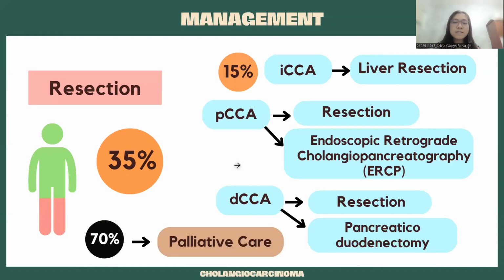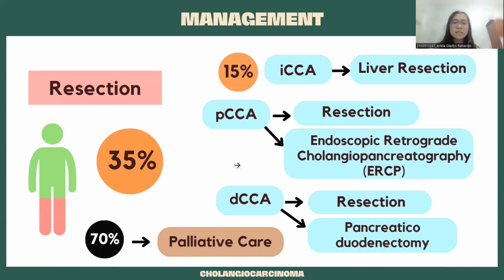The management of CCA, or cholangiocarcinoma, depends largely on anatomic location to dictate if a tumor can be resected, and stage of disease. Resection remains the best curative option for all types of CCA, but it is only possible in about 35%, because symptoms accumulate so it is diagnosed at late stage, the tumor progresses rapidly, and CCA is difficult to diagnose. There are three types of CCA, including iCCA, PCCA, and DCCA.